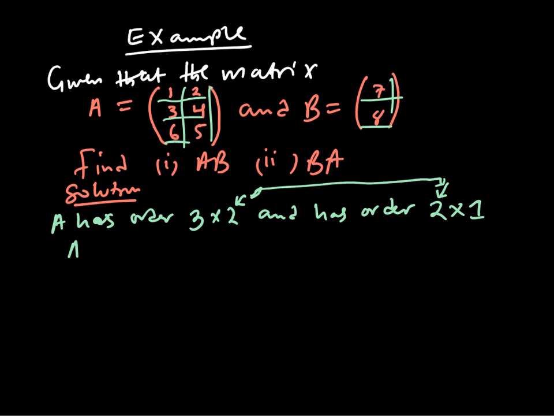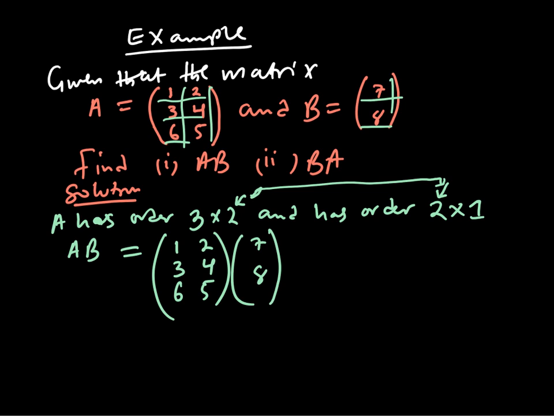So what is A times B? What you are going to do is get the matrix, which is 1, 2, 3, 4, 6, 5, and multiply this by 7 and 8. Remember, in matrix multiplication, we multiply rows by columns. We get this row and multiply by this column. So this will be 1 times, let me use the bracket, 1 times 7. Oh, let me expand on my